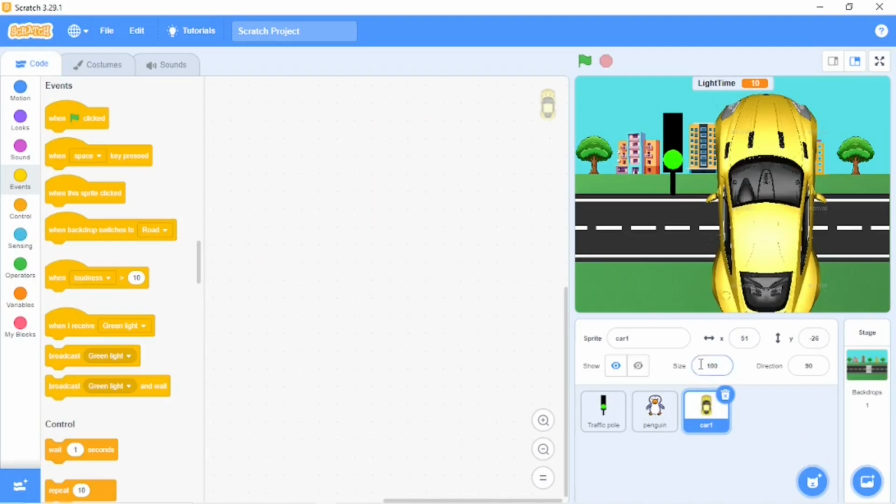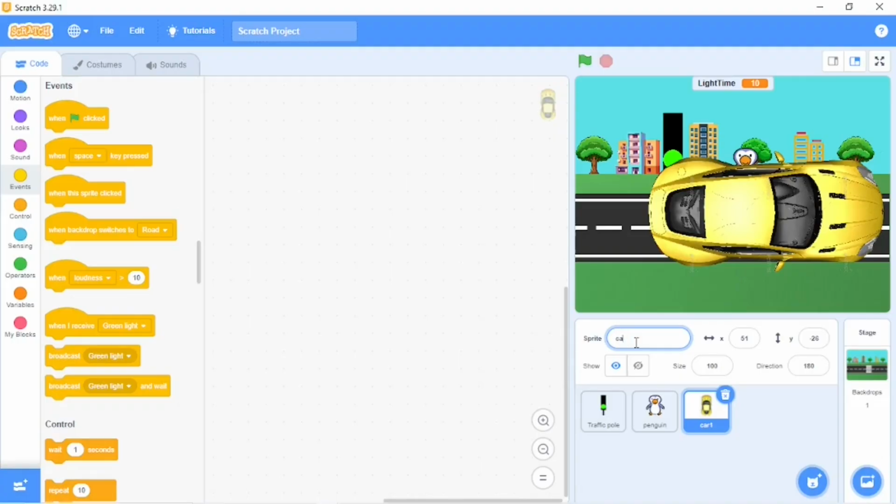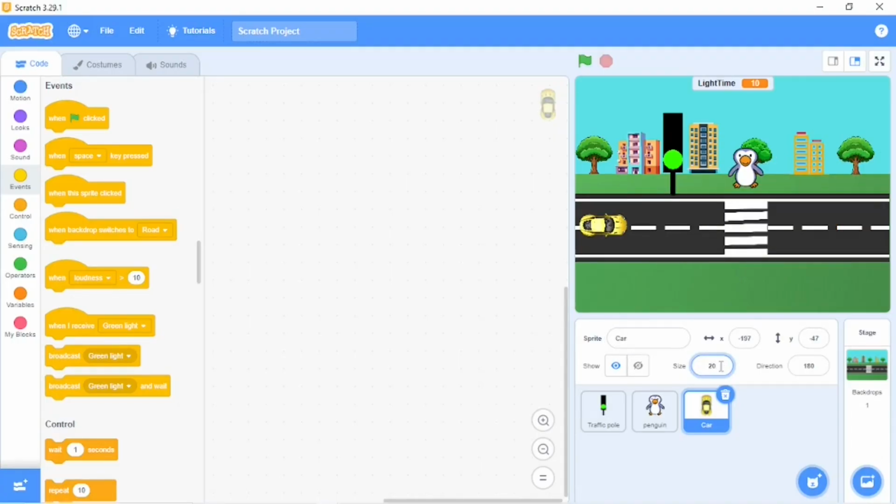Okay, let's take our car. Point in direction 180. Name car. Size. We can put the size 25. And now, first position will be, if the Y will be 0, let's see where it, oh, not there. And in the middle, okay, -50. And this will be